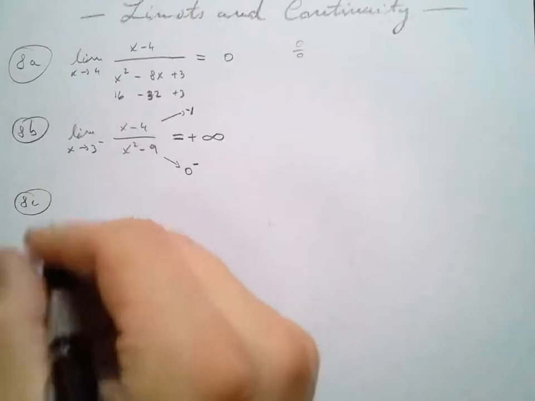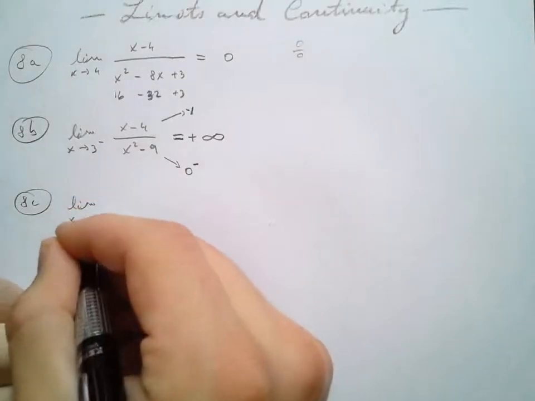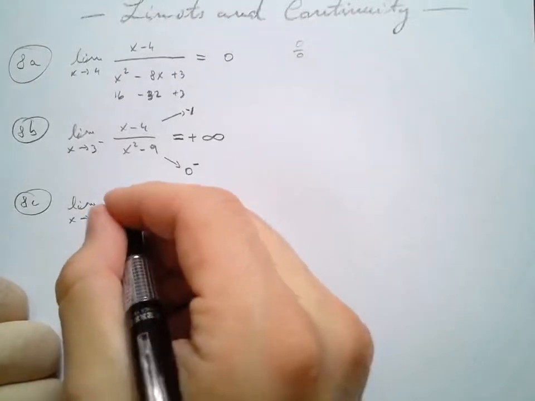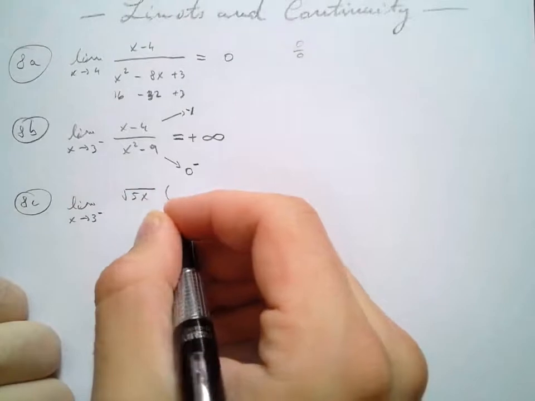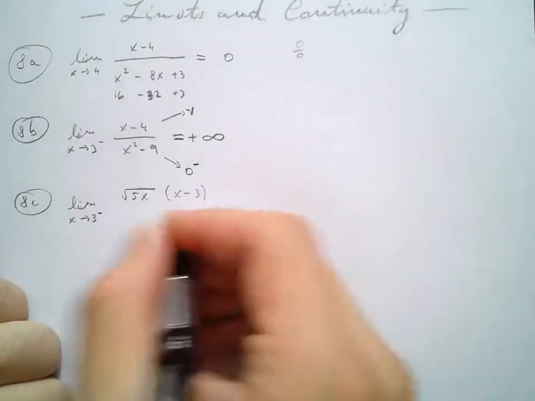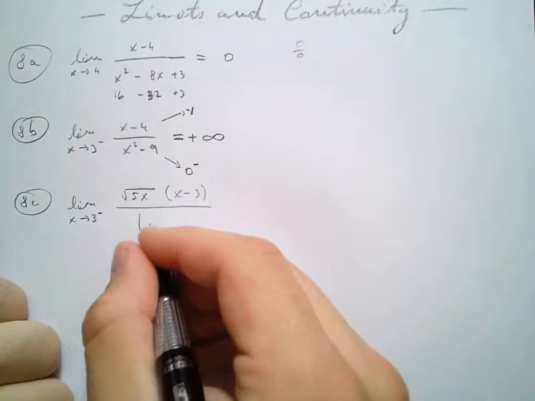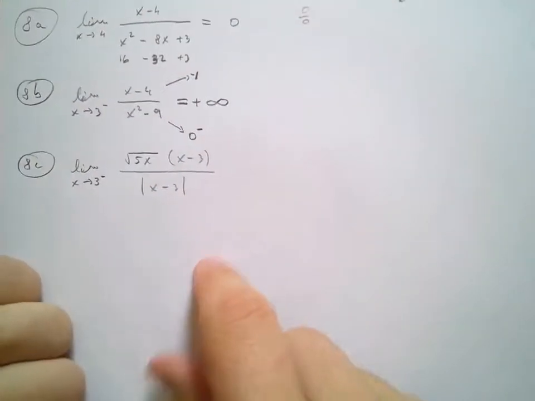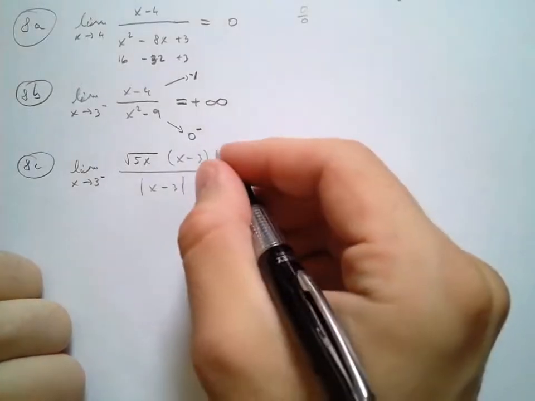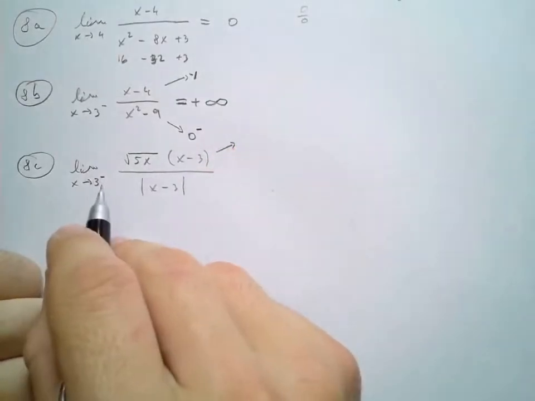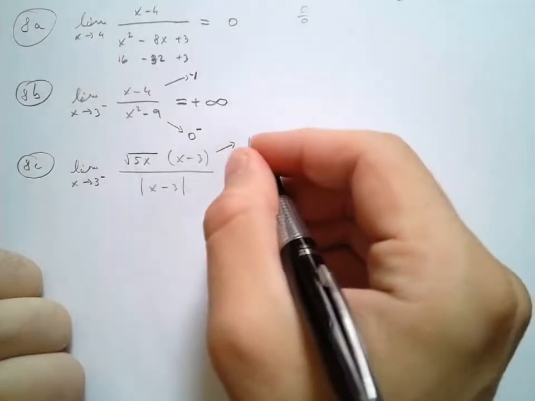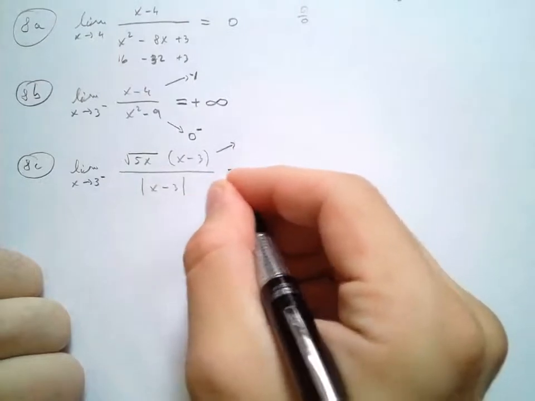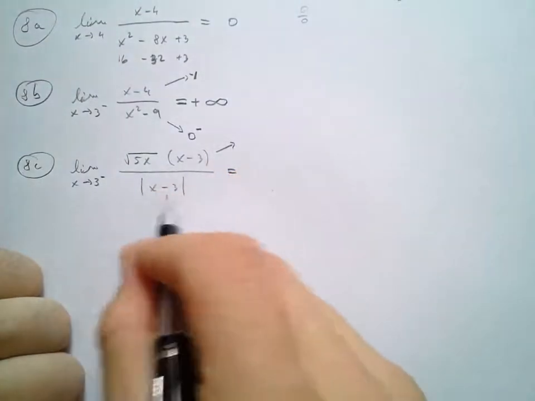We have again a limit as x approaches 3 from the negative side of square root of 5x times the quantity x minus 3 divided by the absolute value of x minus 3. Okay, we're going to have to think about it in the same way as we did above. When I plug in 3 on top as a number less than 3, this is the same as just x minus 3, right? But the absolute value function,